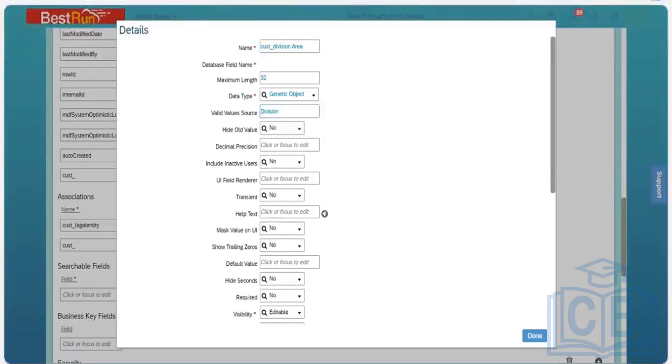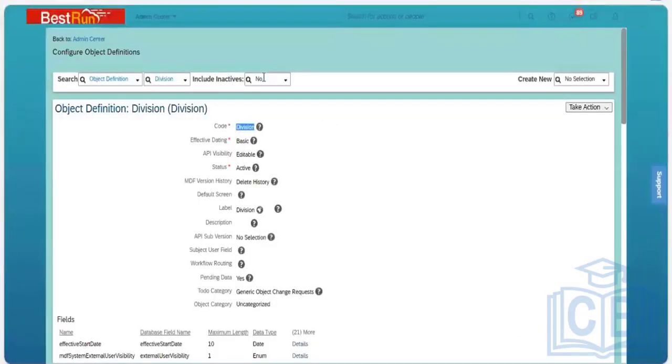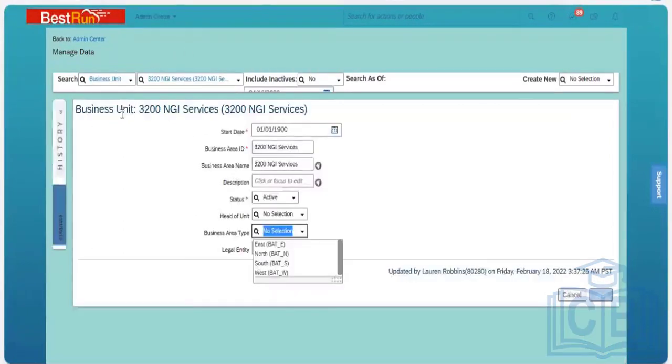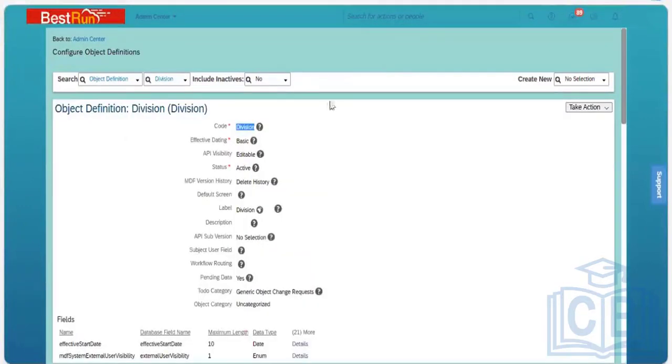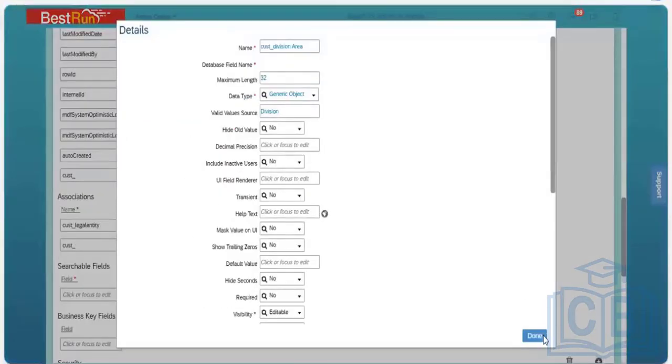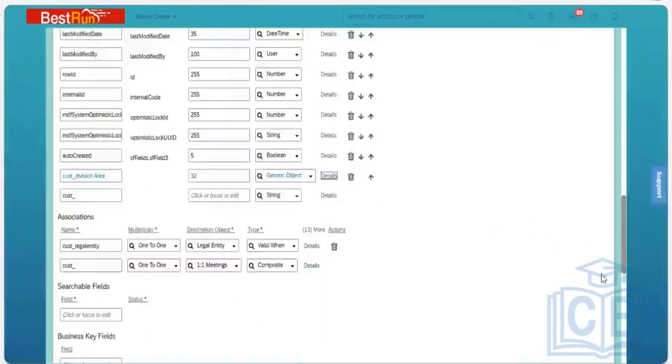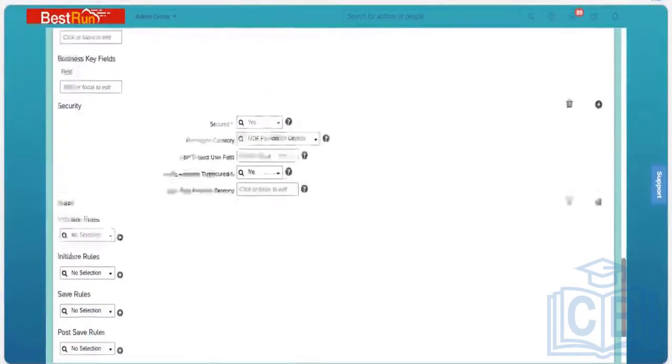When I take it for the division, whatever is the division in the managed data, whatever records we have created, those values will start populating. So when I click on done here and when I click on save,